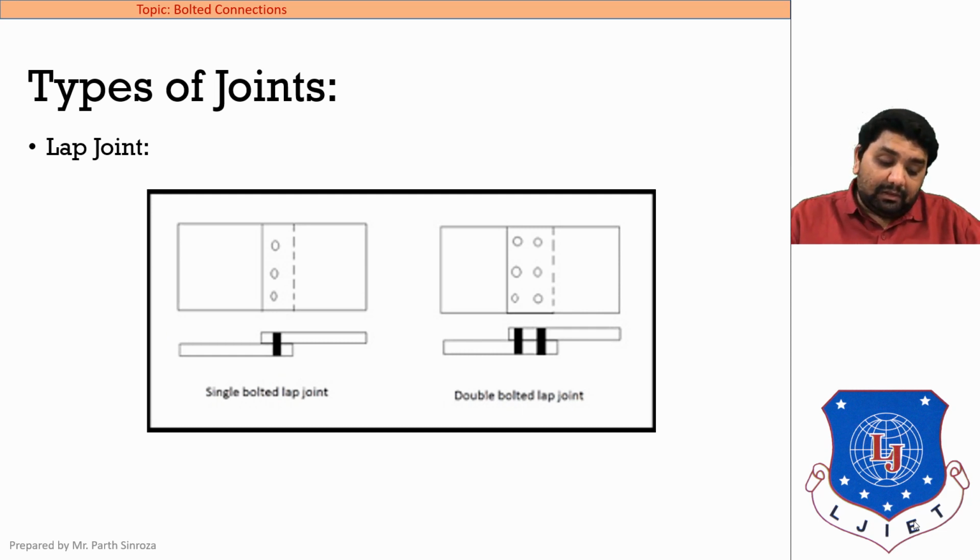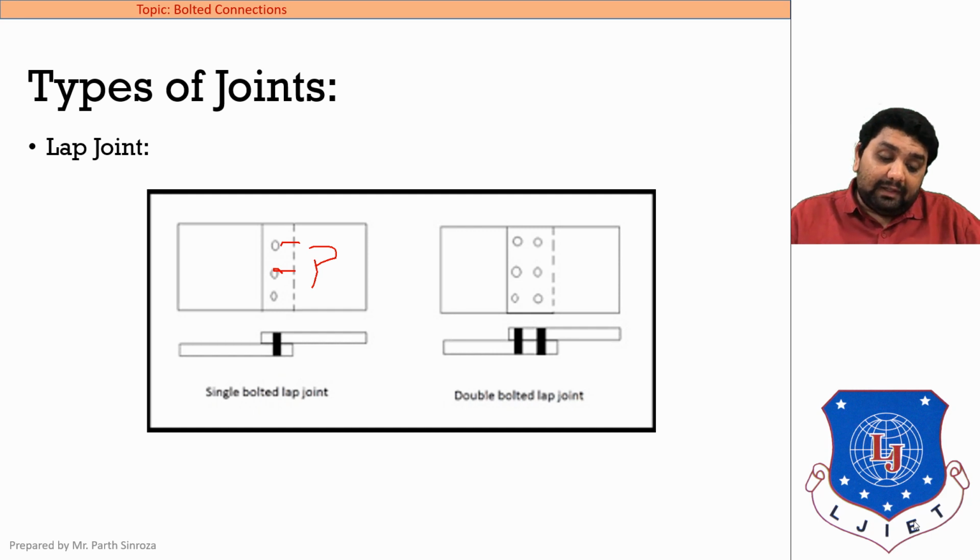Clear? Here the circles that you see represent the bolts in the plan, and this is the sectional view. The above portion is the plan and the below portion is the sectional view of it. Now we need to remember the dimensions and how to calculate the distances. This distance, from the center of a bolt to the center of the next consecutive bolt, is the center to center distance between two bolts. It is known as the pitch of the bolt.